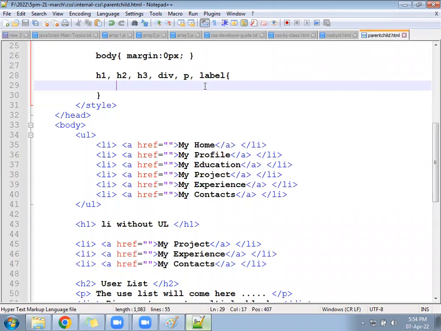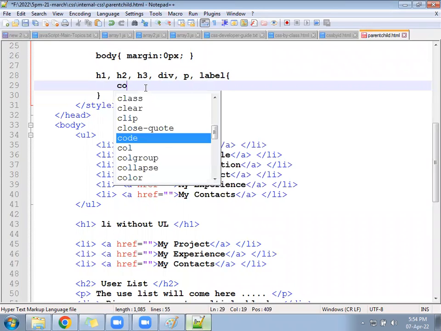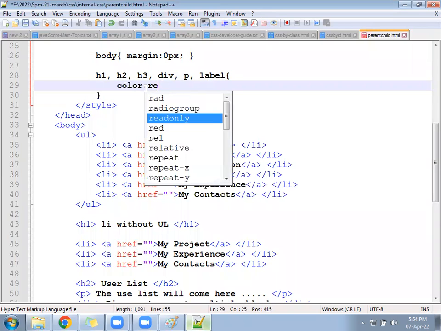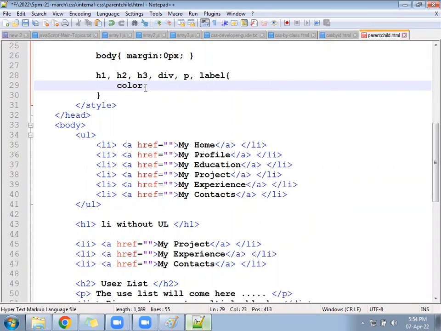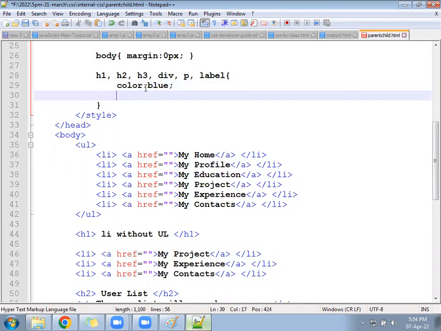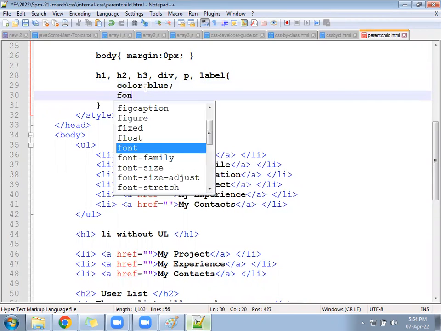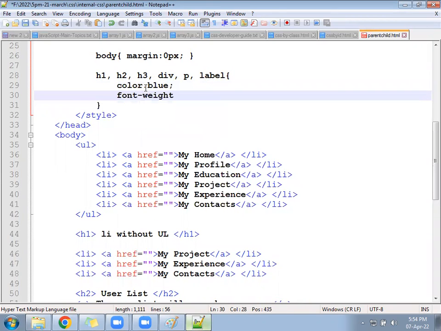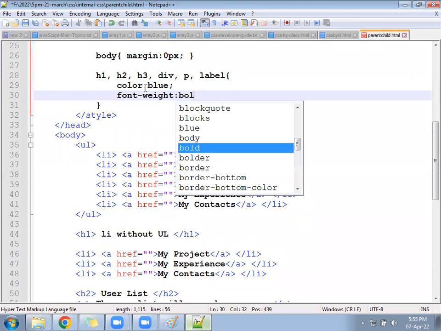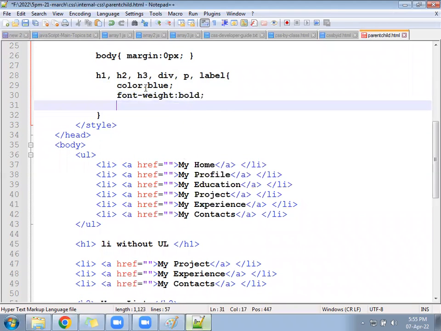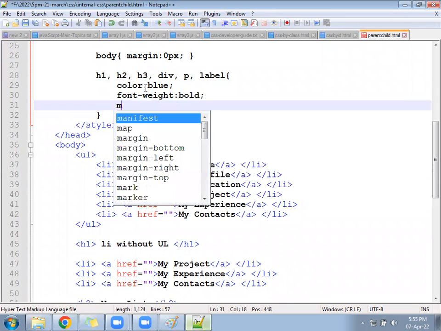Okay, next after this, you will write inside color of the text will be red color or maybe blue color. So all will come in blue color. After that, the font weight will be bold for everyone. And after that, the margin between each other